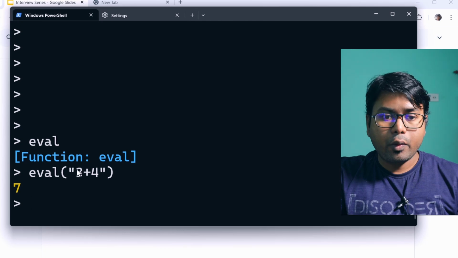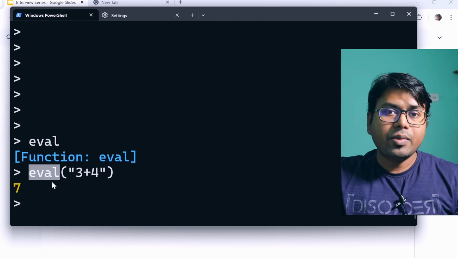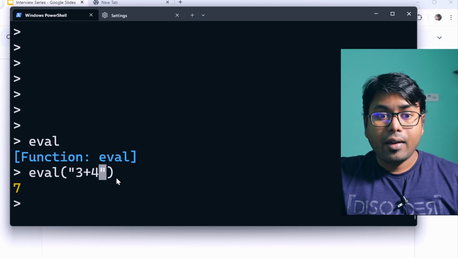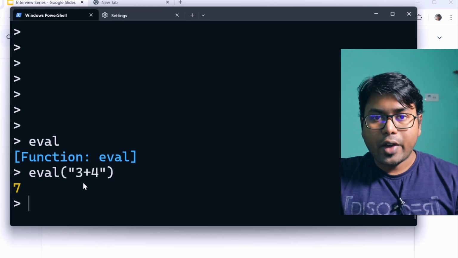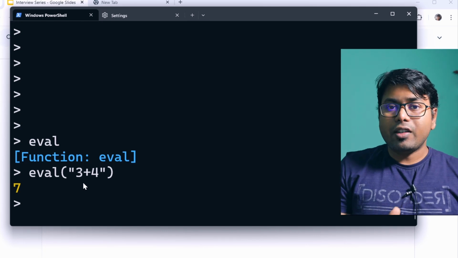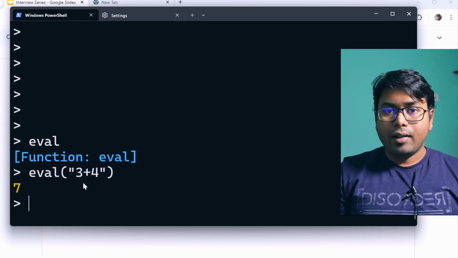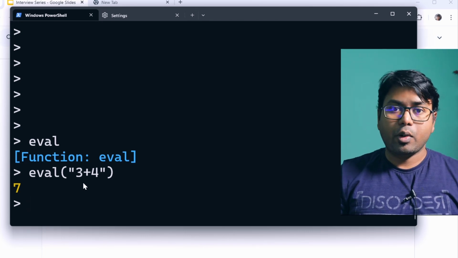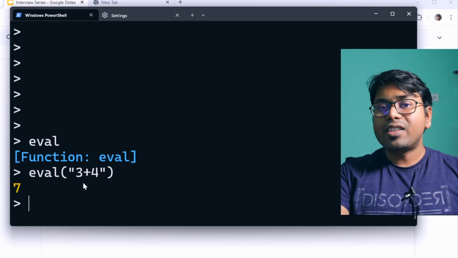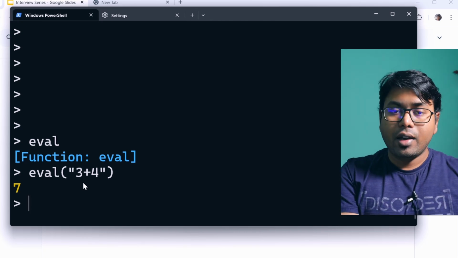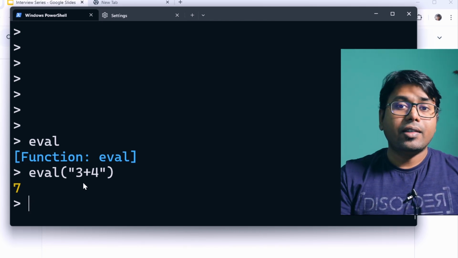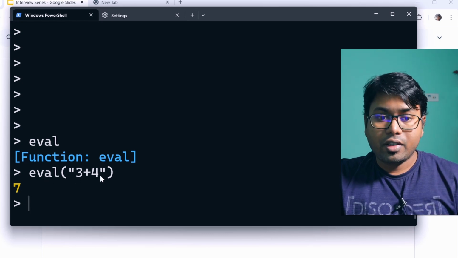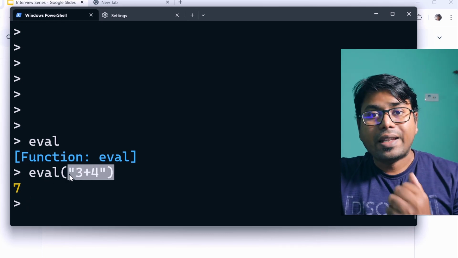Now you should be careful when you are writing eval, because there are some security concerns, because it is converting string to code, right? And that is scary. If you are writing the string, then that is fine, but string means you can get the string from anywhere, from any file, from any API call response, from any database call response, from the file system. You can get the string from anywhere and then you can evaluate it, and that is really scary. So you should be very careful. Whenever you are writing eval, you should be cautious that the string that you're evaluating should be coming